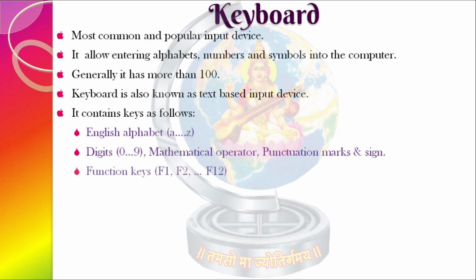Then the next type of keys available on a keyboard are function keys, in the range of F1 to F12, which are on the top of the keyboard. Every function key has its own functionality. Let me give you basic information about a few of them. Function F1 is used to open a help dialog box. Function F2 is used to rename. Function F12 is used to open a save as dialog box whenever you are working in Microsoft Word, Excel, PowerPoint, Notepad, or any other software in which you need to save a file. With the help of this shortcut key, it can be done very easily.